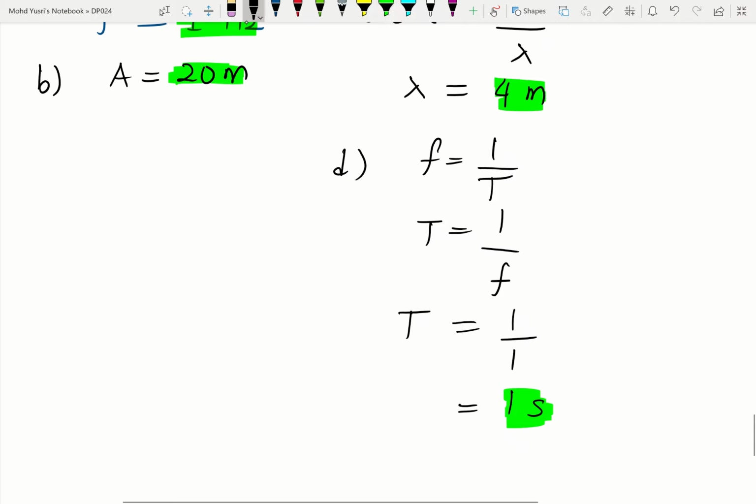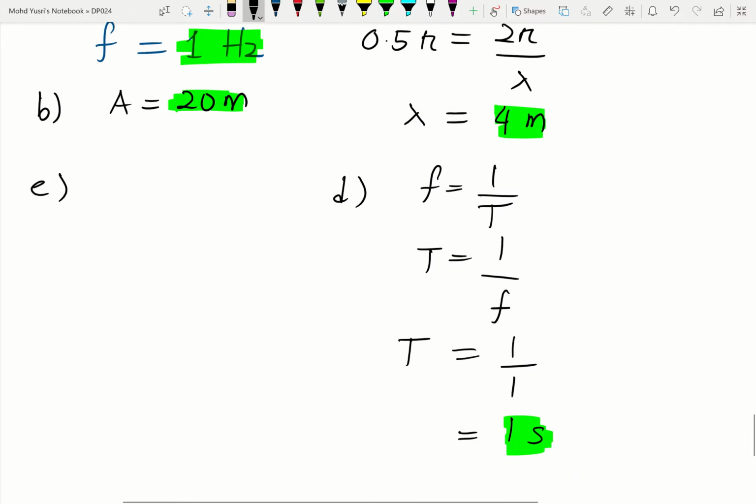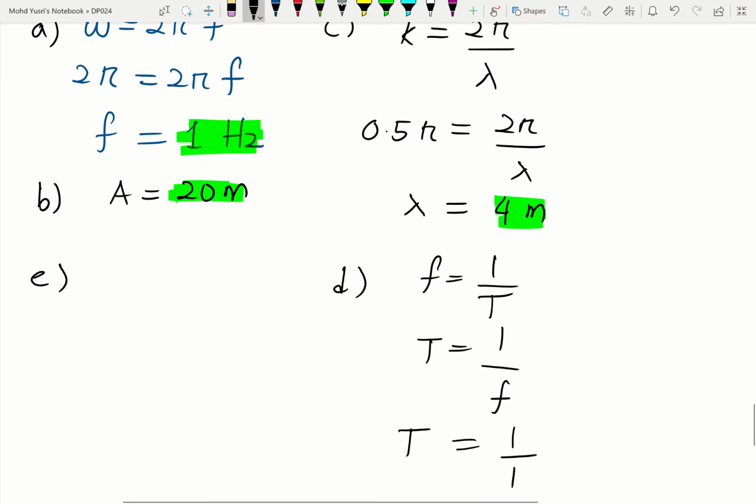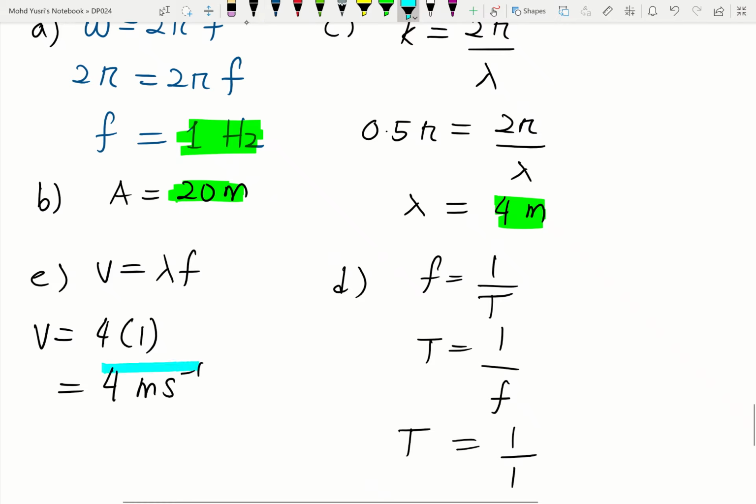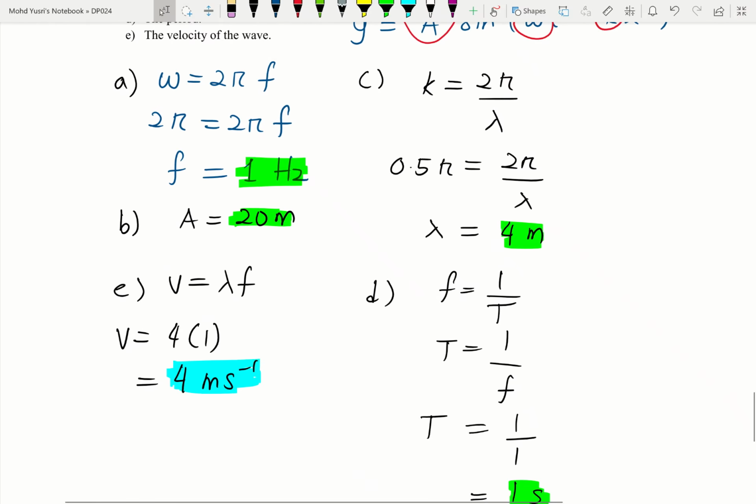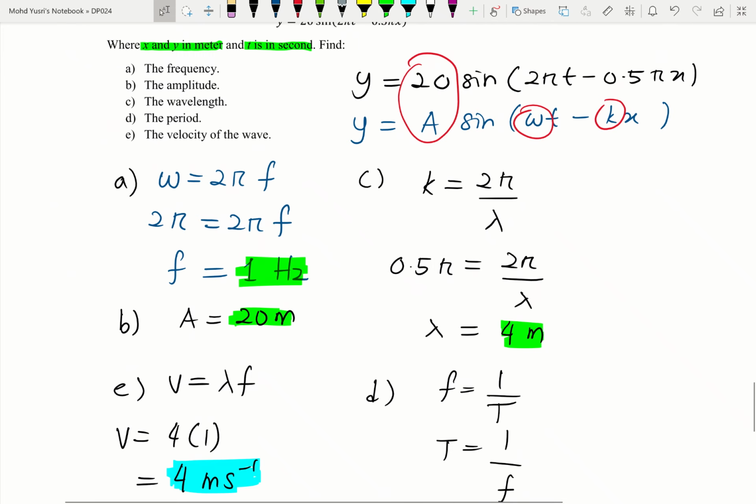And lastly is E. What is the velocity of the wave? Can be calculated by using equation v is equals to lambda f. So v is equals to 4 times the frequency 1. So velocity is 4 meter per second. So very simple question to demonstrate how to interpret the progressive wave equation y is equal to a sine omega